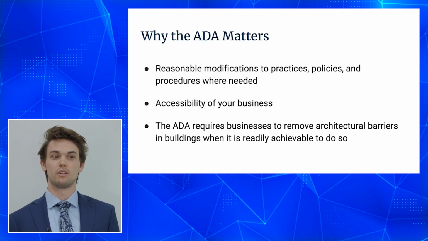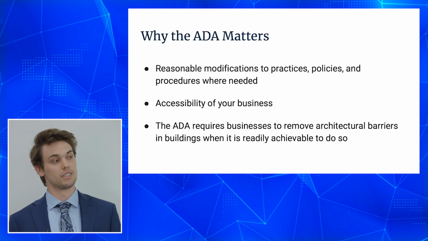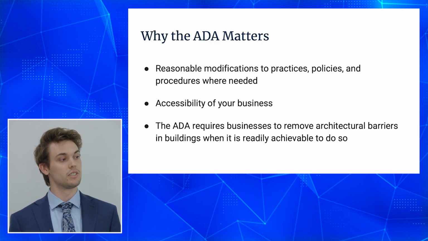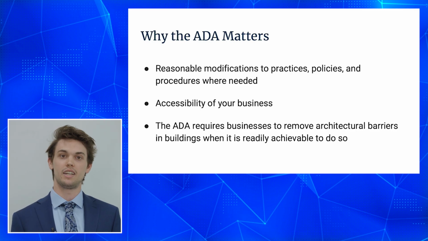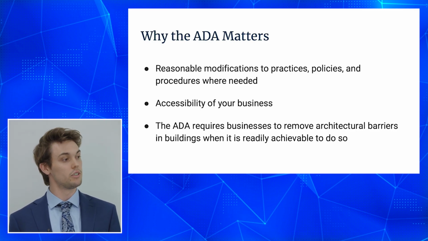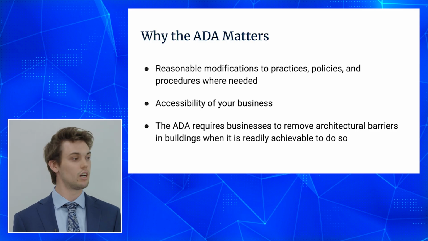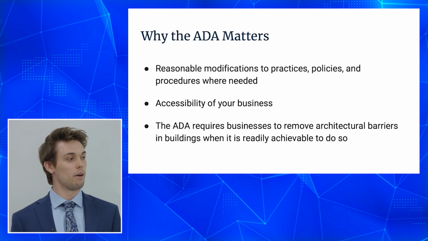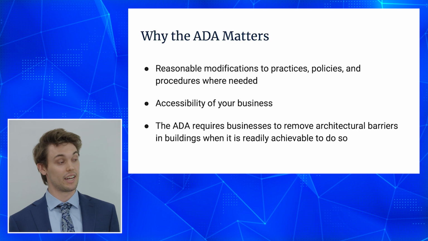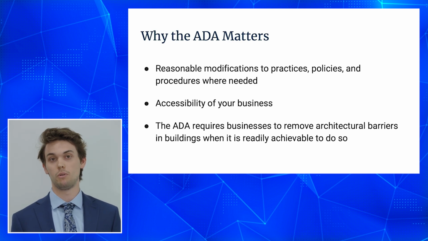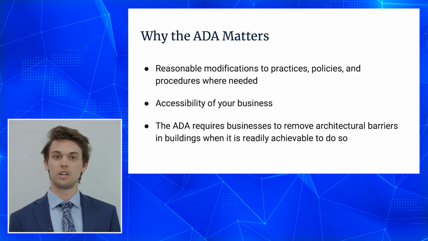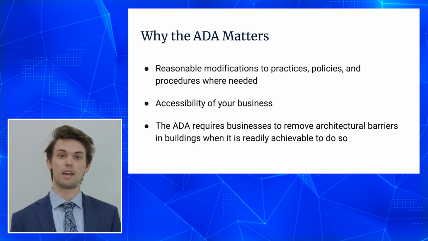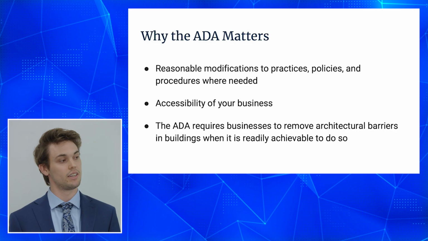What this means before you sign a lease is that you're going to want to look at how accessible the business actually is, because the ADA requires businesses to remove architectural barriers in buildings when it is readily achievable to do so. And the responsibility for this falls on both the tenant and the landlord. In your lease, you could negotiate with your landlord to have them cover the cost of making the building ADA compliant. However, if you are sued and your building is not ADA compliant, the liability will fall on both you and your landlord. The Department of Justice has published a checklist where you can check everything to make sure your building is ADA compliant. And you can find this by searching Department of Justice ADA checklist.